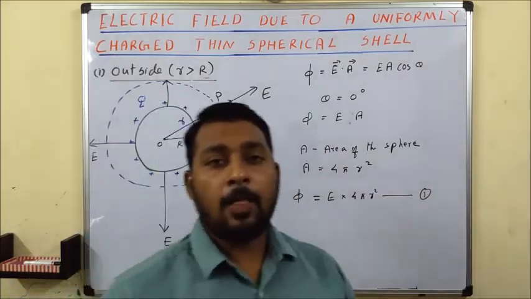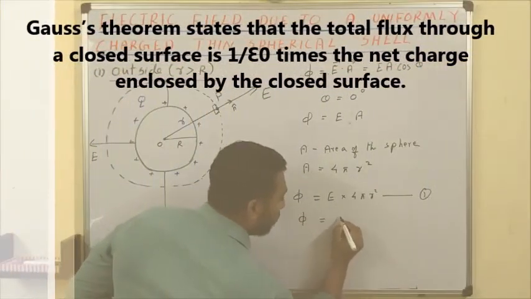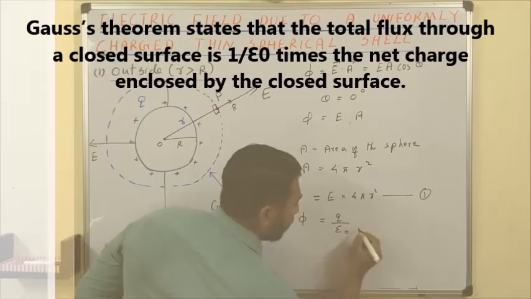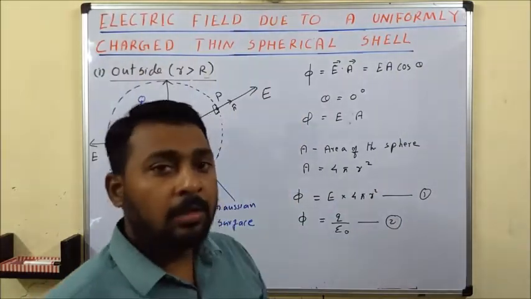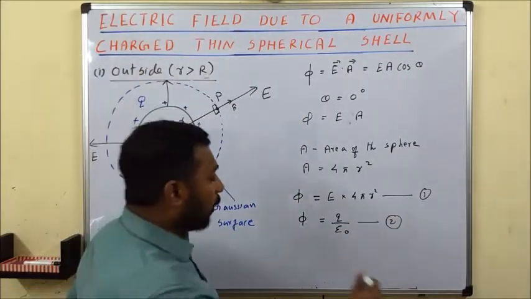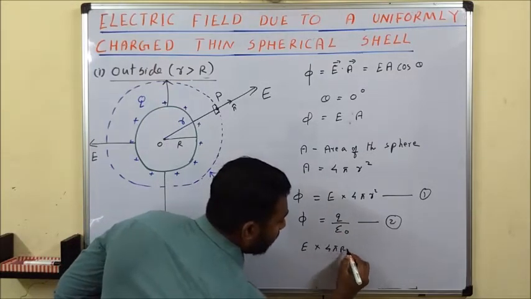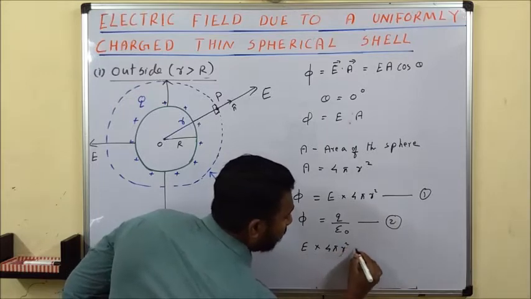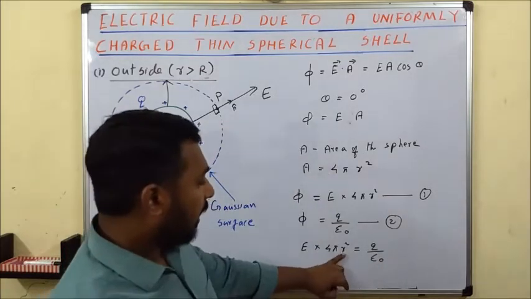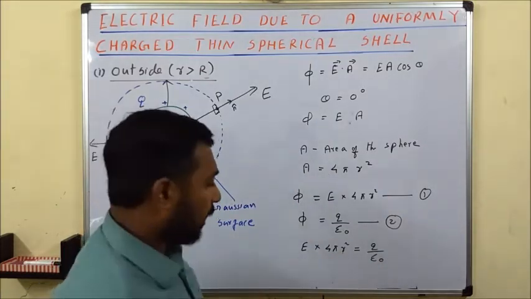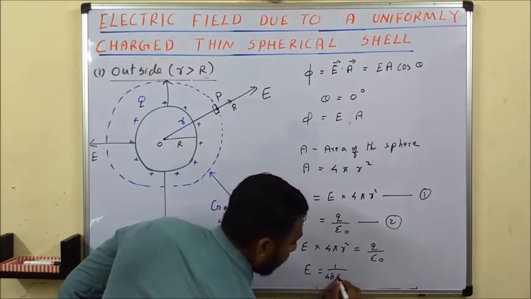Got it? And now, by Gauss's theorem, we know phi is equal to q by epsilon naught, equation number 2. Now look at equation number 1 and 2. From 1 and 2, you can equate. So you can write E into 4 pi r square, small r square, is equal to q by epsilon naught. Or finally, you can write E is equal to 1 by 4 pi